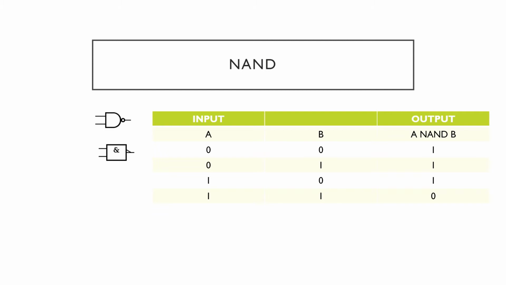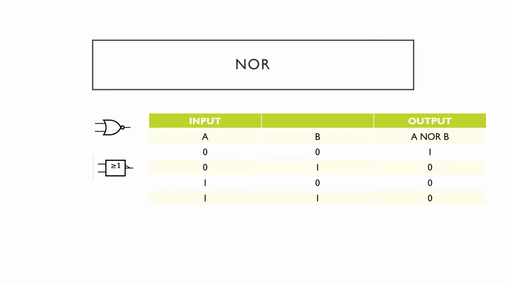It gives the same results as AND, but at the end, before they go out, it inverts them. It's quite simple. Imagine that after the AND, you put an inverter. This is basically the same thing, but they're merged together into one thing, and it's called NAND. Now, NOR, again,